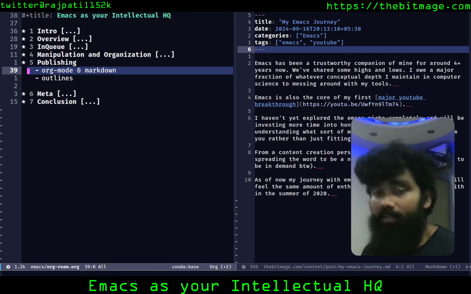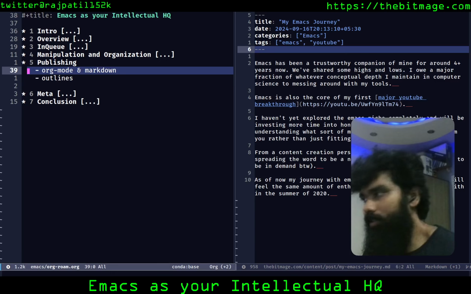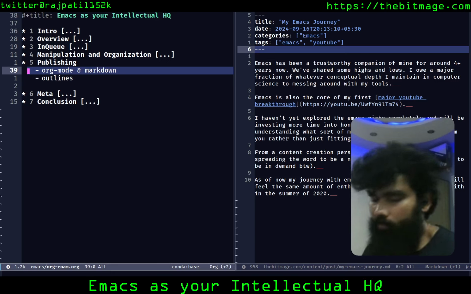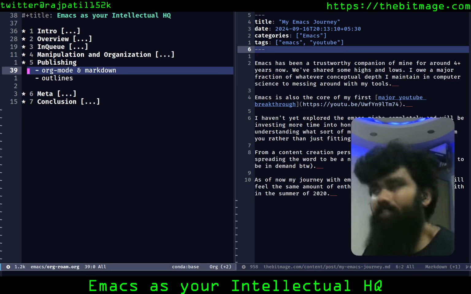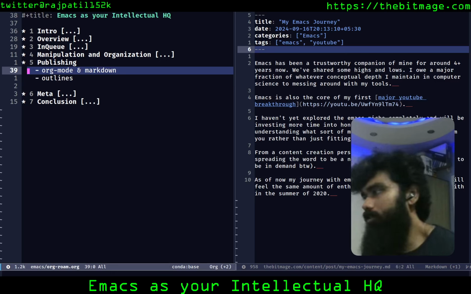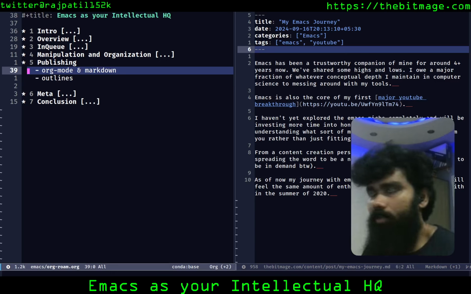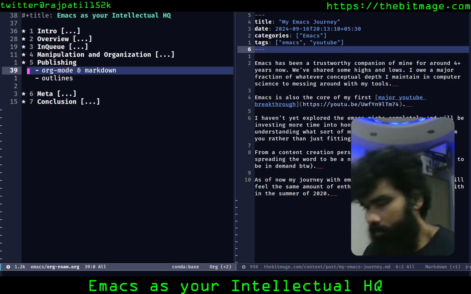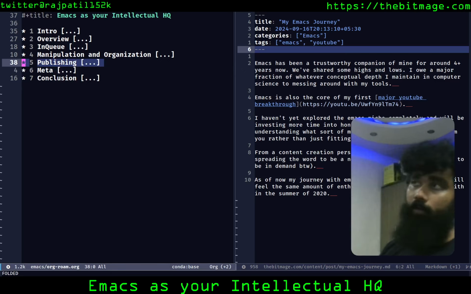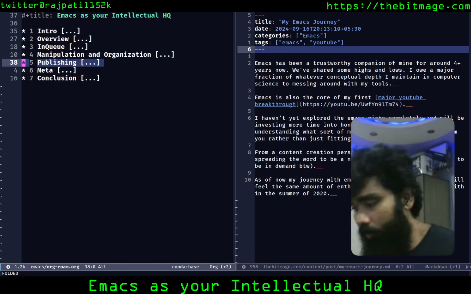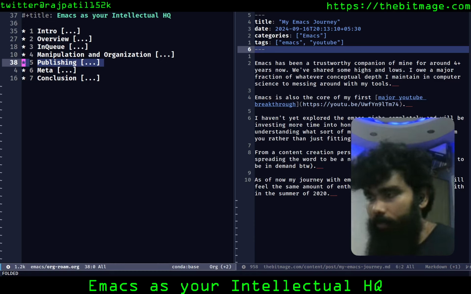So that is something that I have to push myself into deliberately, a particular mode of thinking to publish. Because just finding new things is always more rewarding to me than actually publishing. So hitting the publish button is kind of meh, but actually finding out things that I have to study, like what I'm going to explore, is a little more interesting to me. So that's it for how Emacs serves as my intellectual HQ.